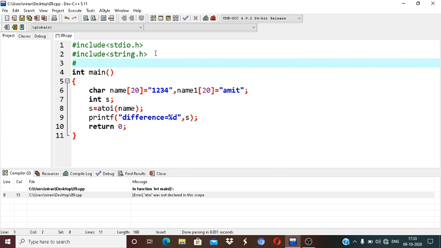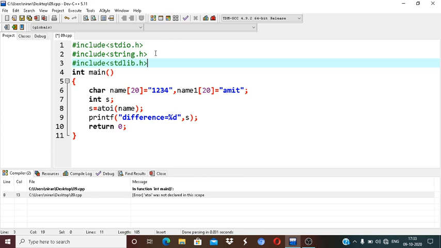Another important thing is that the compiler gives me an atoi function error: the atoi function was not declared in this scope. The main reason is that it is my responsibility to include the header file stdlib.h.